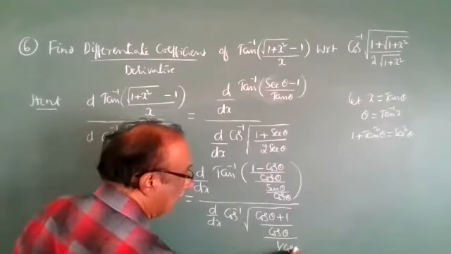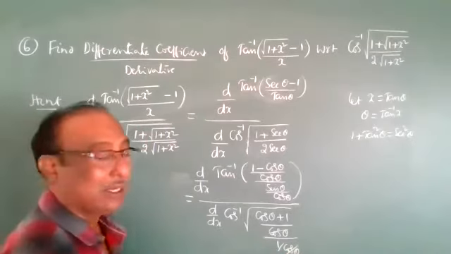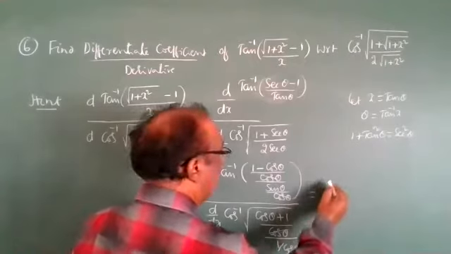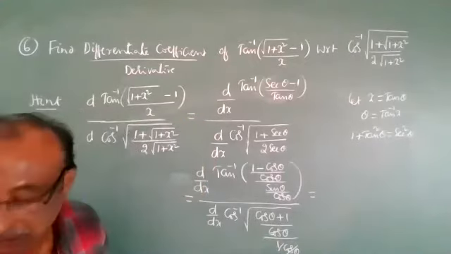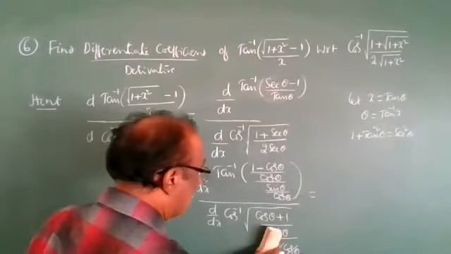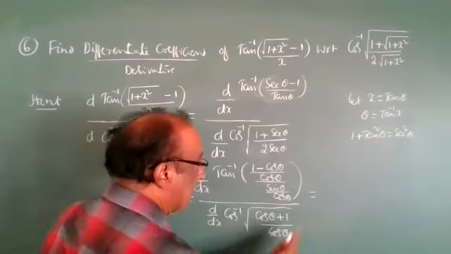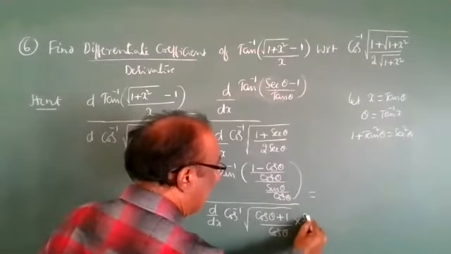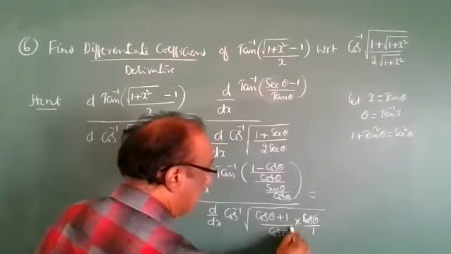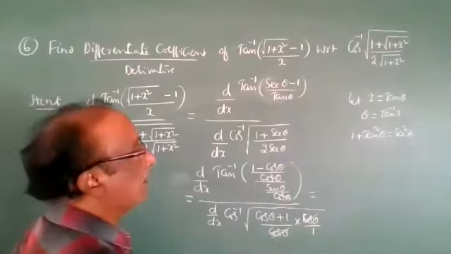I'm writing, but you don't write. You have to calculate it in your mind only. The cos theta should be cancelled. The cos theta in the denominator, since secant theta is the reverse, gives cos theta by 1, and the cos theta is cancelled. Right, everyone write down the problem.